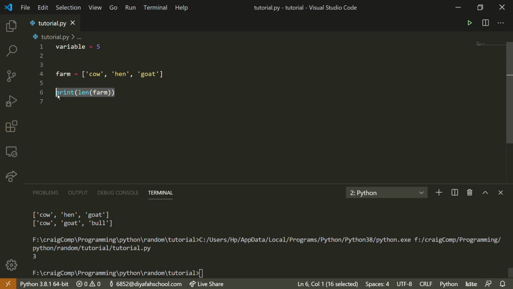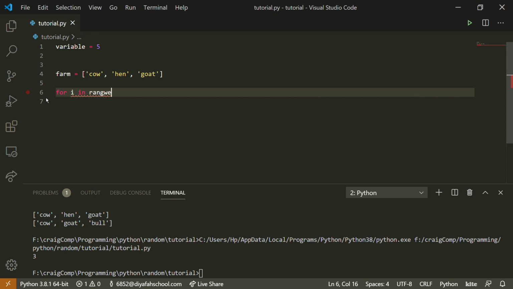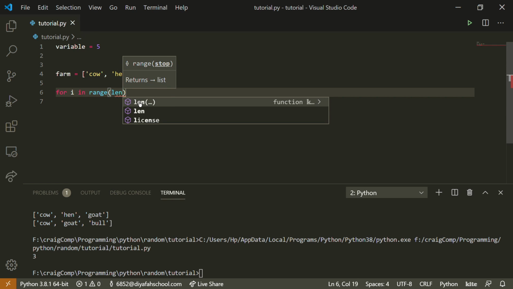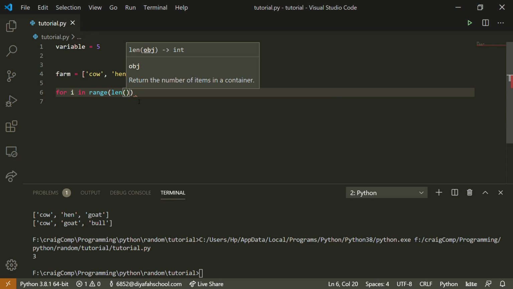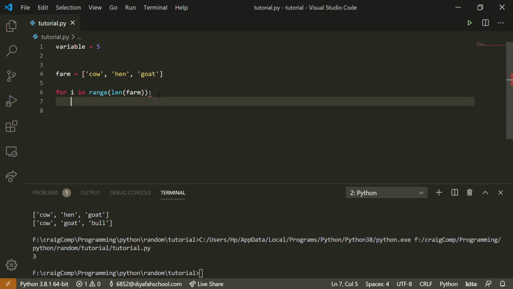Now, if you want to use a for loop, we say for i in range. How many times do you want this to loop? We know this has 3 items, but rather than manually typing 3, we can use the length function: len of farm. We use the length of farm to get the number of times it has to repeat. And now if you want to print every single farm animal, you would print